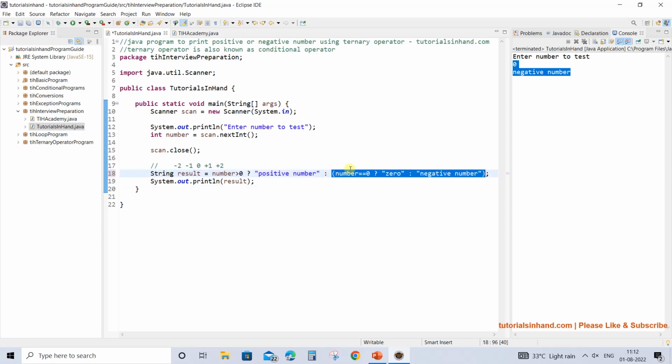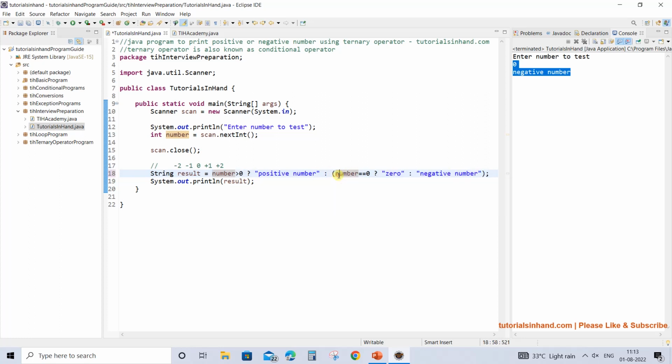So the logic is again simple. If you compare this one and it turns out to be false, we will come to this statement, and this statement is again a ternary operator, and now the comparison will be done accordingly. If you enter 0, 0 greater than 0 will first be compared, and this turns out to be false, so it will come over here to the other ternary operator.